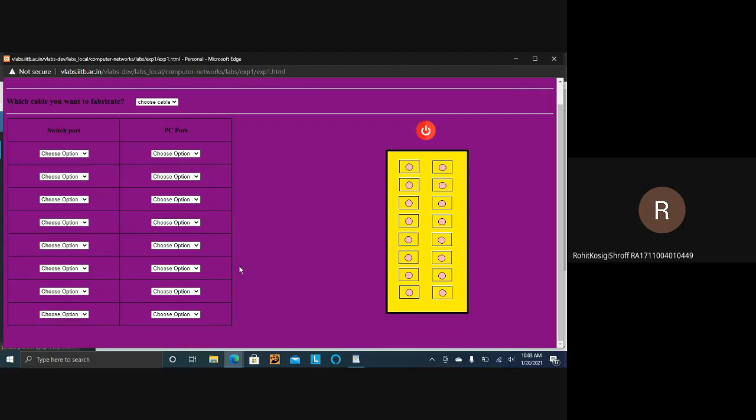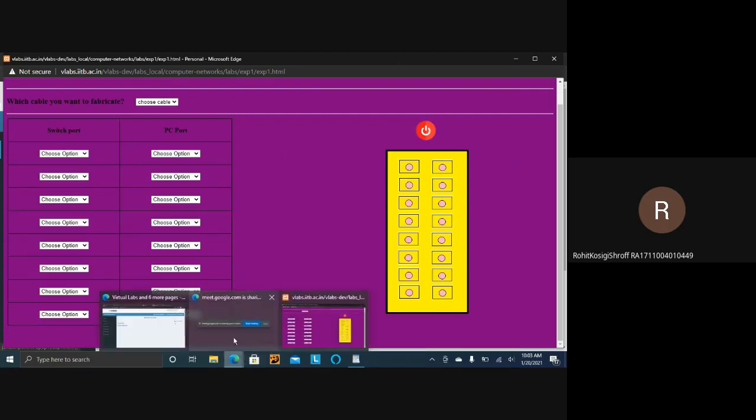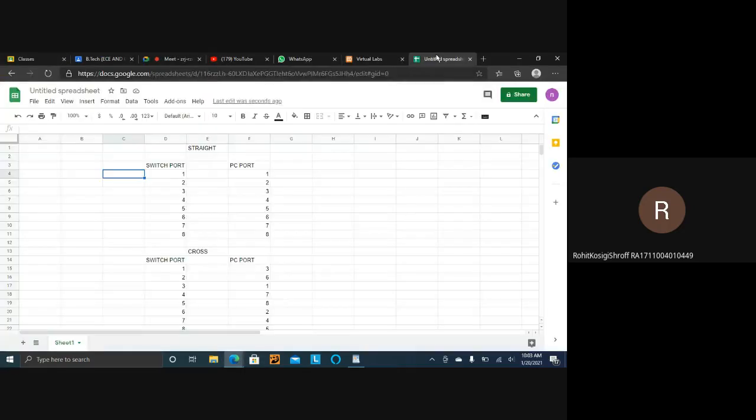I'll show you the Excel sheet. In the straight cable, we have eight different colors here to represent different fibers. The color which we assign in the first one should be assigned the same in the first one here also. So for example, if we take orange in one here, we have to put orange here also. Similarly, we have to interface 2 and 2, 3 and 3, 4 and 4, and so on up to 8 and 8. So like that we have to interface them. Let us go to the simulation.